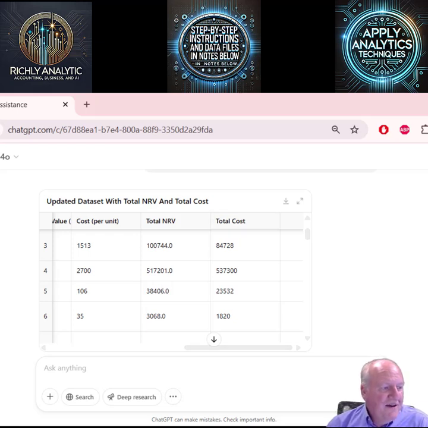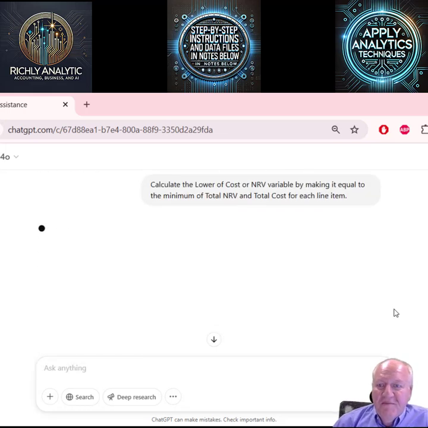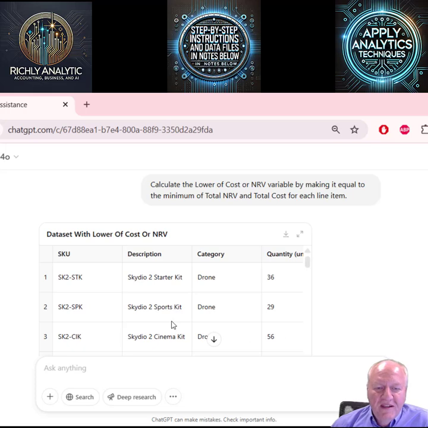Since we have those two, and because of the conservative nature of accountants, we want the lower of cost or NRV, net realizable value. So we're going to ask it to compute the minimum for each line item. Certainly it's something we could do in Excel, but I wanted to see if it could do it in ChatGPT as well.